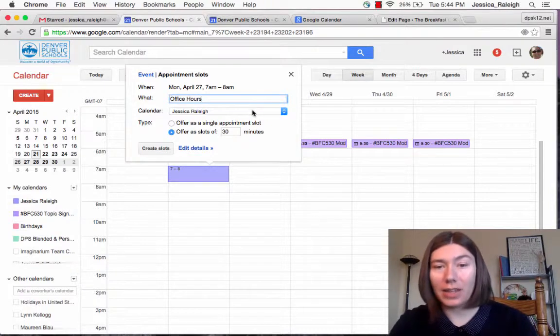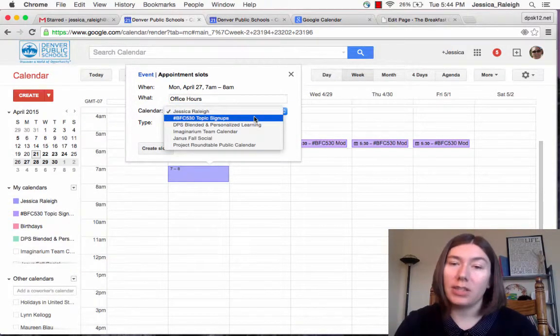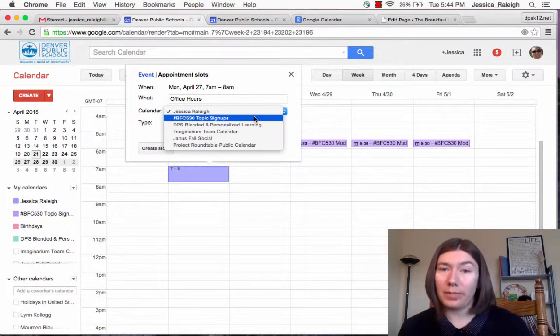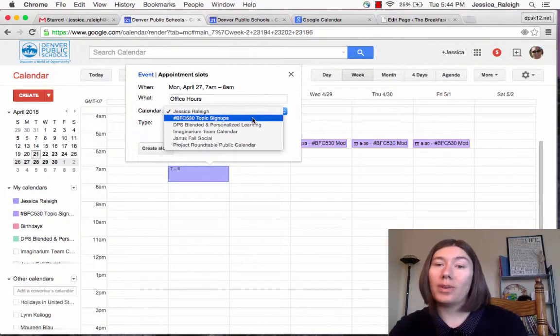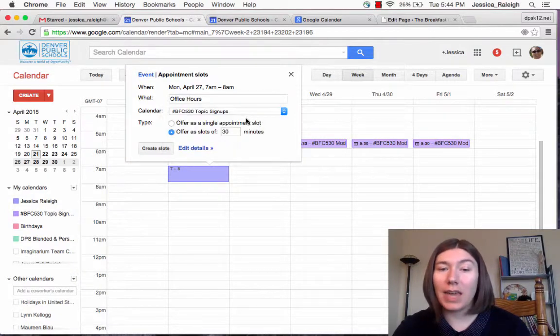So I'm just going to say office hours. Make sure that you change this to the calendar that you want these appointments to show up on. It's going to default to your own calendar. You're going to want to pull that off and put it into, in this case, I'm going to use the